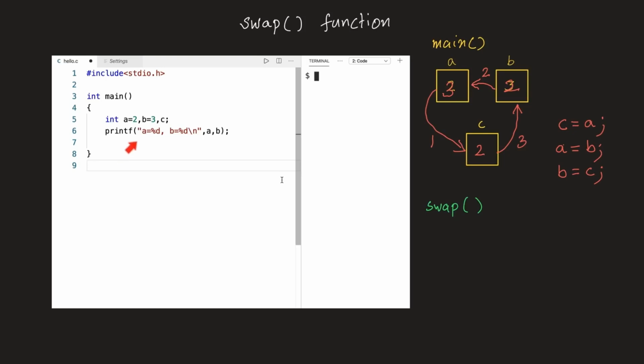Let's first run the current code and see what is the output. Of course, the output will be A is equal to 2 and B is equal to 3. Let us see that. So we get the output as A is equal to 2 and B is equal to 3. Now let us write the code for swapping. So we type C is assigned the value of A, and then A is assigned the value of B, and B is assigned the value of C,